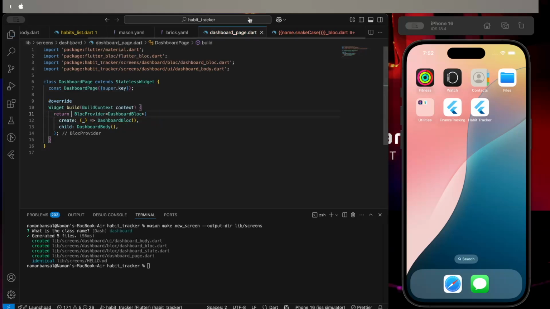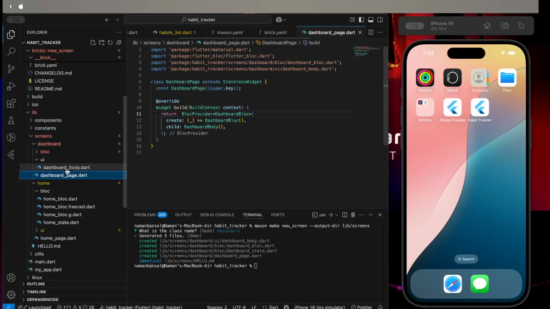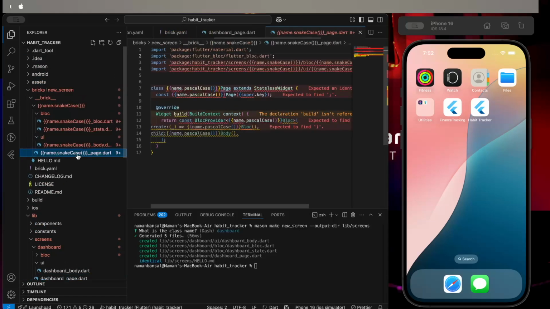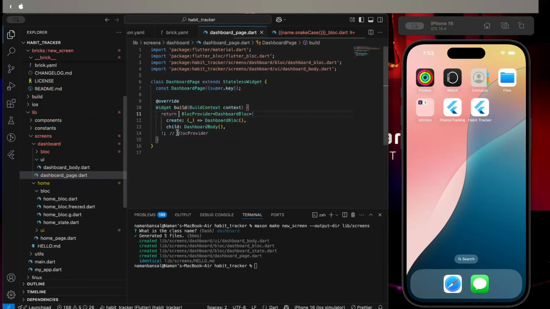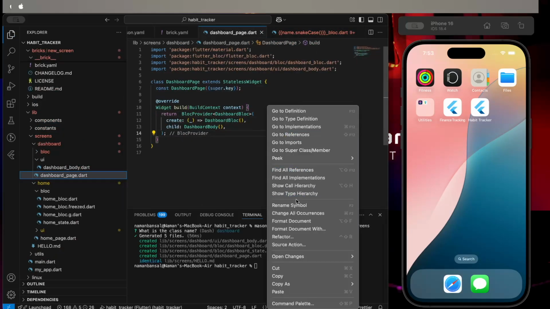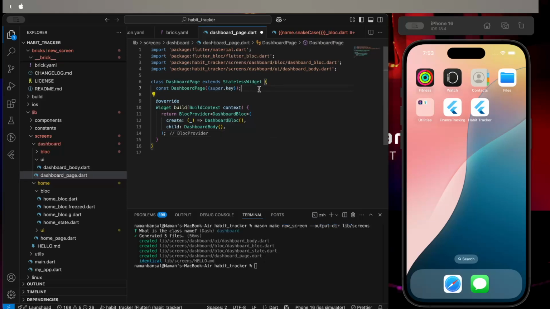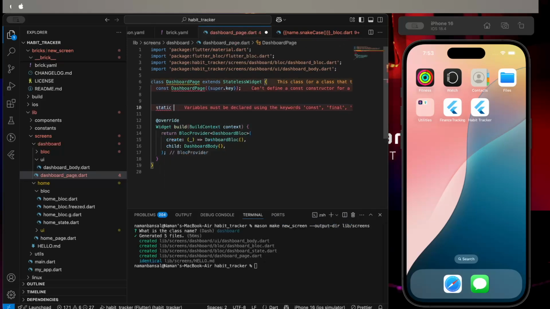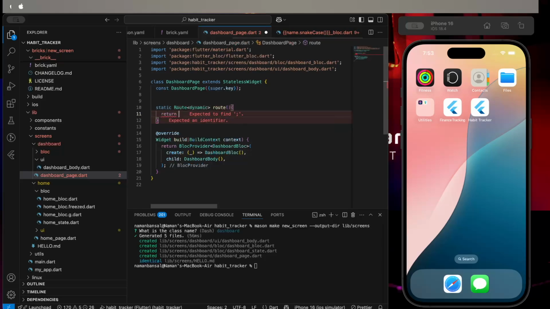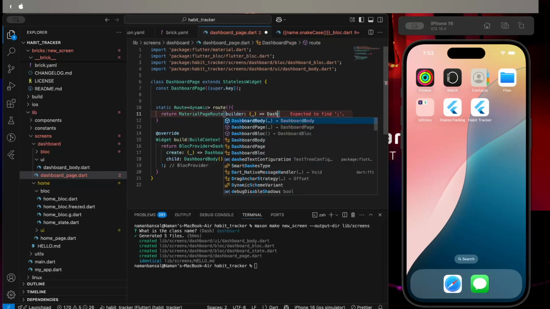Okay, same thing we have to fix here as well. Here we are left with one thing also, static root, dynamic root, and then we have material page root builder, then we will define our dashboard page,